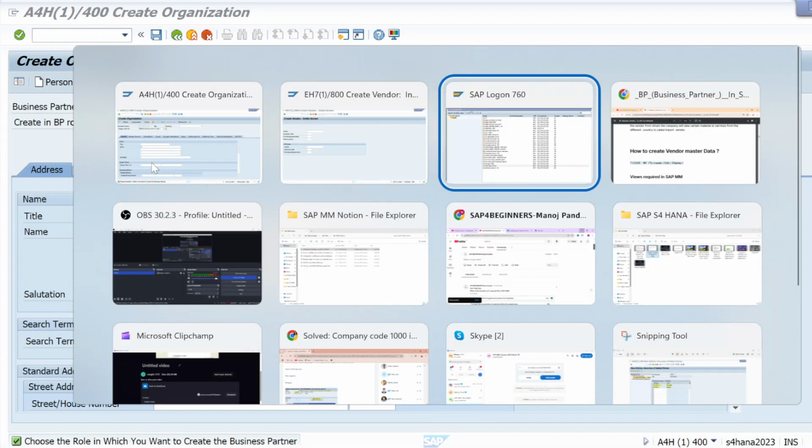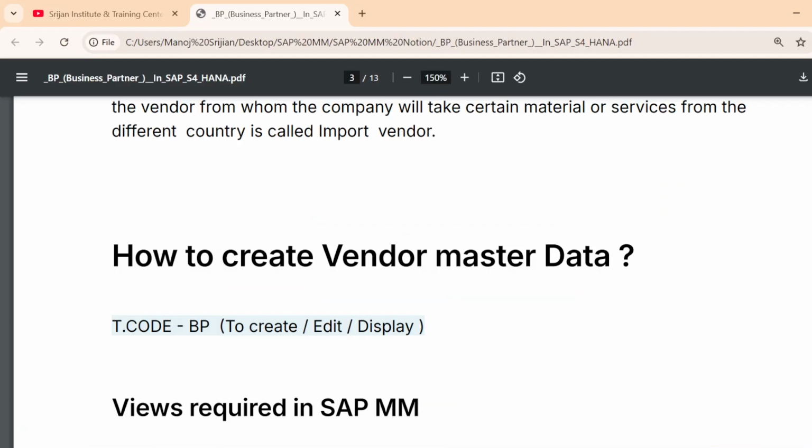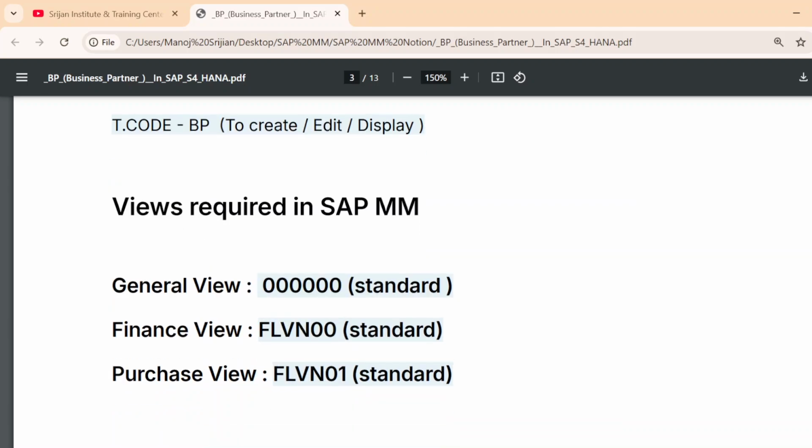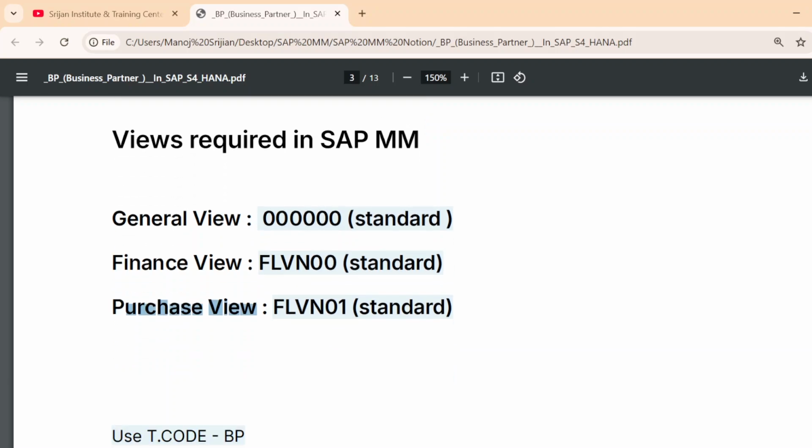Let me show you these roles. I have mentioned that in my notes. For general view it's BP 000, it's standard. For finance view it's FLVN00. For purchasing view it's FLVN01. So these are the standard views that we have to select.